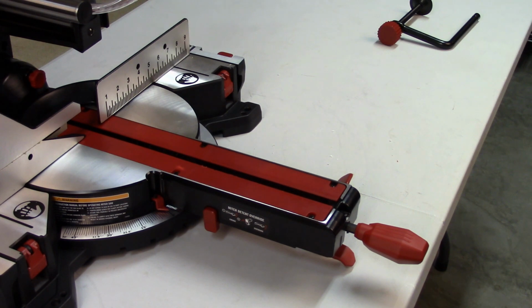Let's take a look at the miter mechanism on the